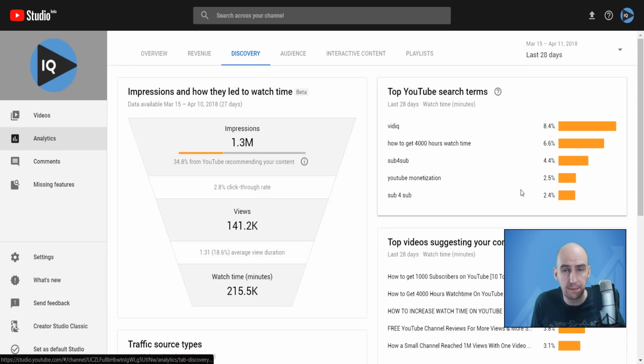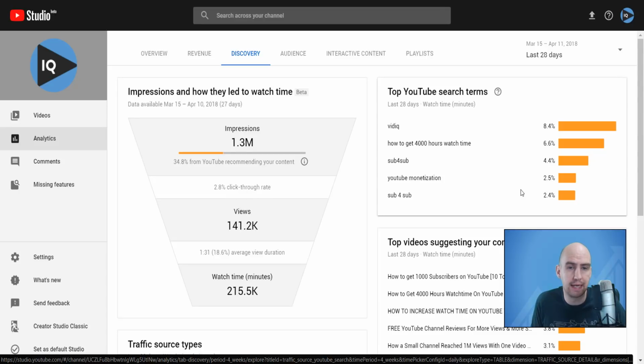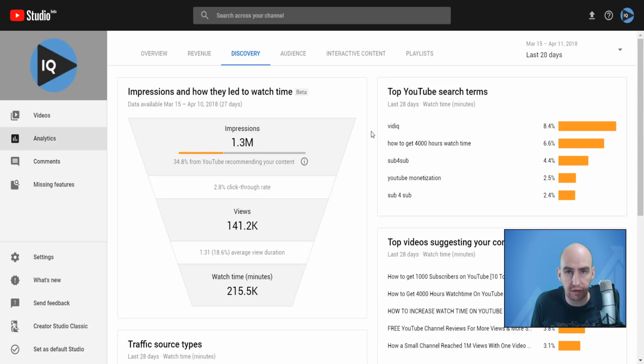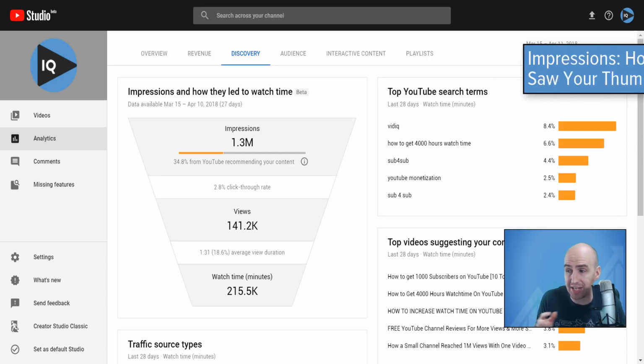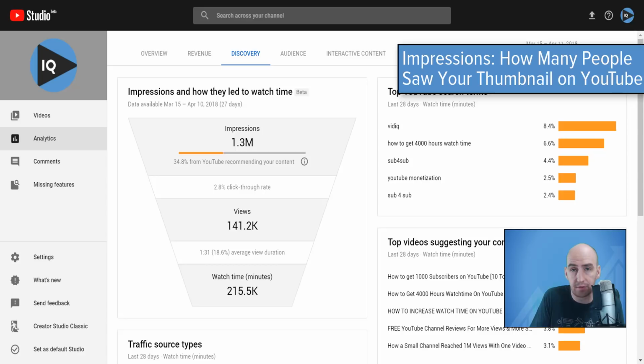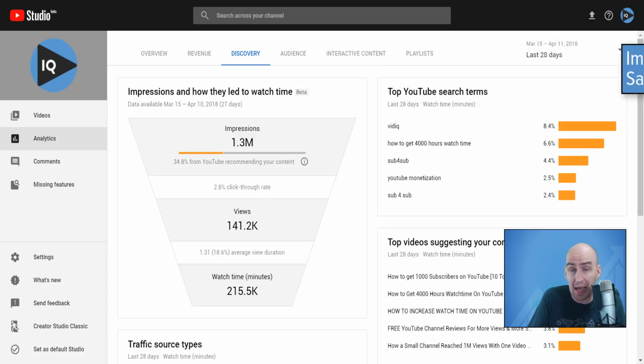Let's dig deeper into what these metrics actually mean then. Here at vidIQ, over the last 27 days, we have 1.3 million impressions. And to explain what an impression is: how many times your video thumbnail has been shown on YouTube. And you have to think of an impression as your potential reach on YouTube and an opportunity to earn a view. An impression is counted every time a video thumbnail is shown to someone on the platform, but it's important